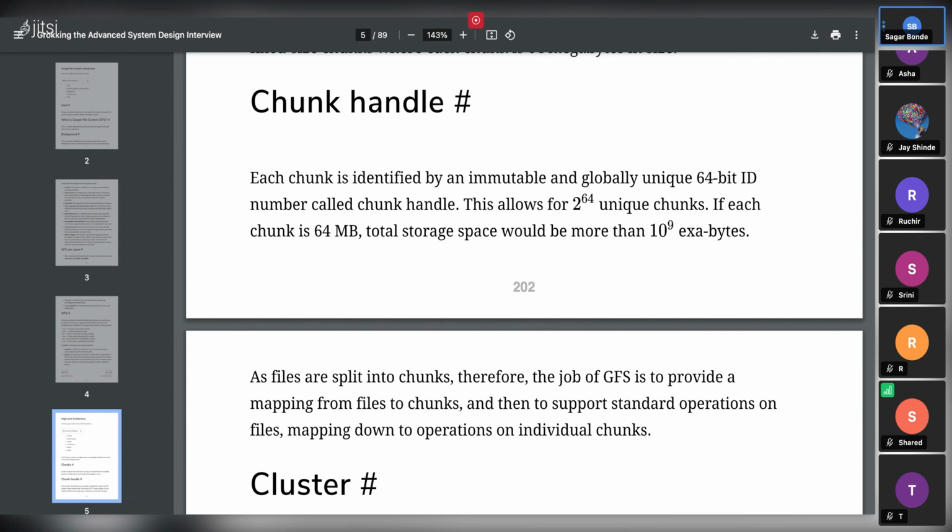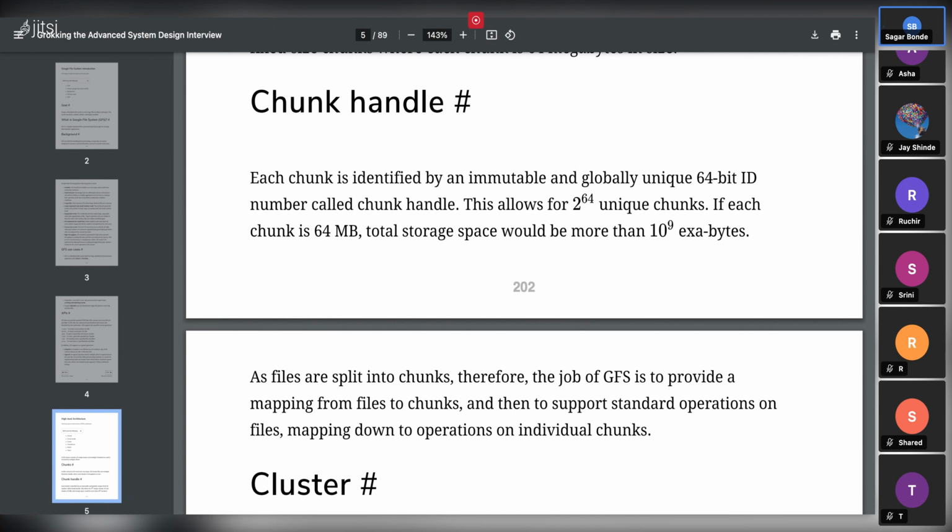Let's say we have a 10 GB file. Let's consider a 1 GB file. That 1 GB file can be chunked into pieces, each somewhere around 64 MB, and will be stored as pieces of 64 MB size. So all the metadata related to each chunk needs to be stored,